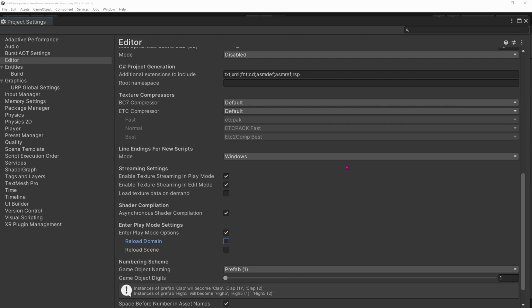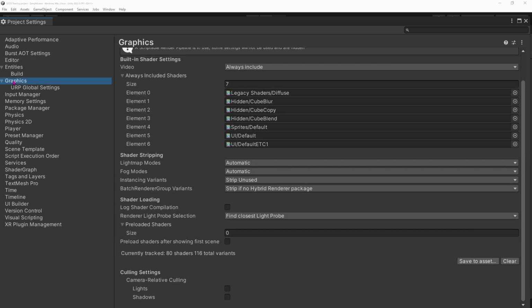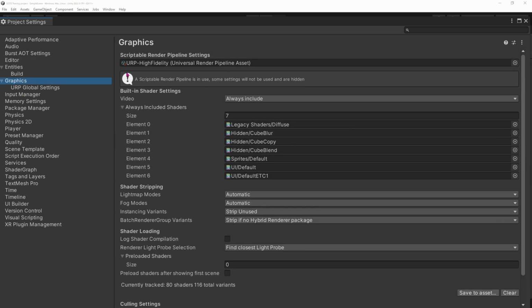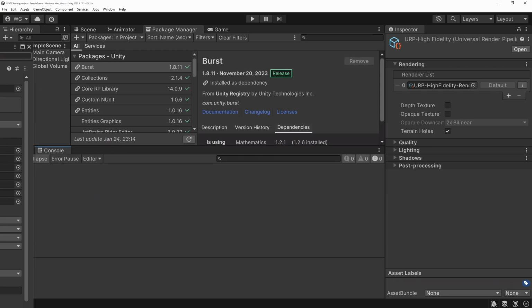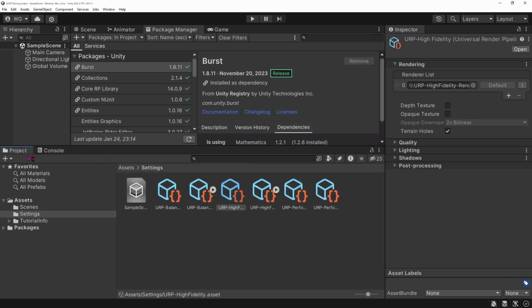Then what we need to make sure of is the graphics, in fact. You can go to Graphics. Here you can see that I have the URP High Fidelity selected. I can click on it and it should normally open it in the project view. Let me check.